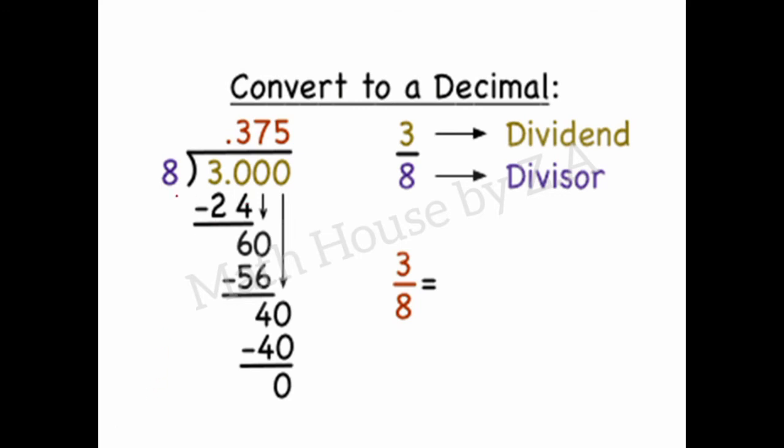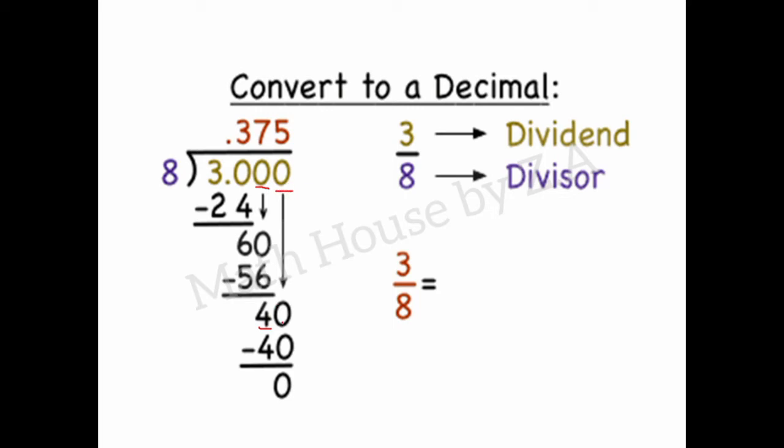When we divide 30 by 8, 8 3s are 24. So when we subtract this 24 from 30, it gives us 6. Again we can see 6 is remaining. This is not the answer, so again I put a 0 here and bring it down, and it becomes 60 now. Again we divide 60 by 8, so 8 7s are 56. When I subtract 56 from 60, it gives us 4.